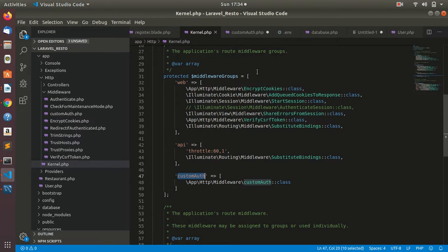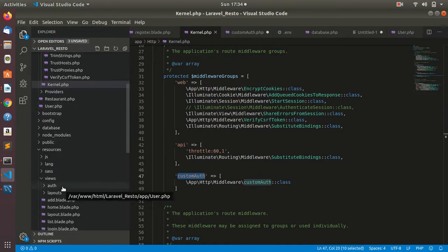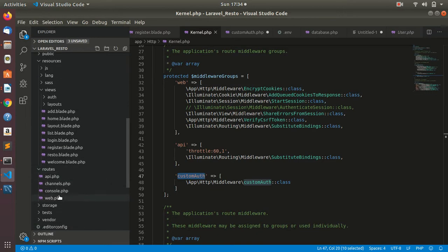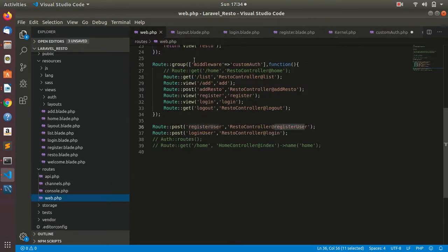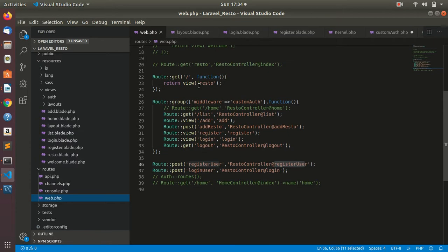Now, how to apply this middleware on the routes. To apply this middleware, we need to go into the web.php file. Inside web.php, you can see that this is the route group with middleware customAuth, and inside the function we have set all our routes on which we want to apply our middleware. So this customAuth middleware is applied to all the routes.